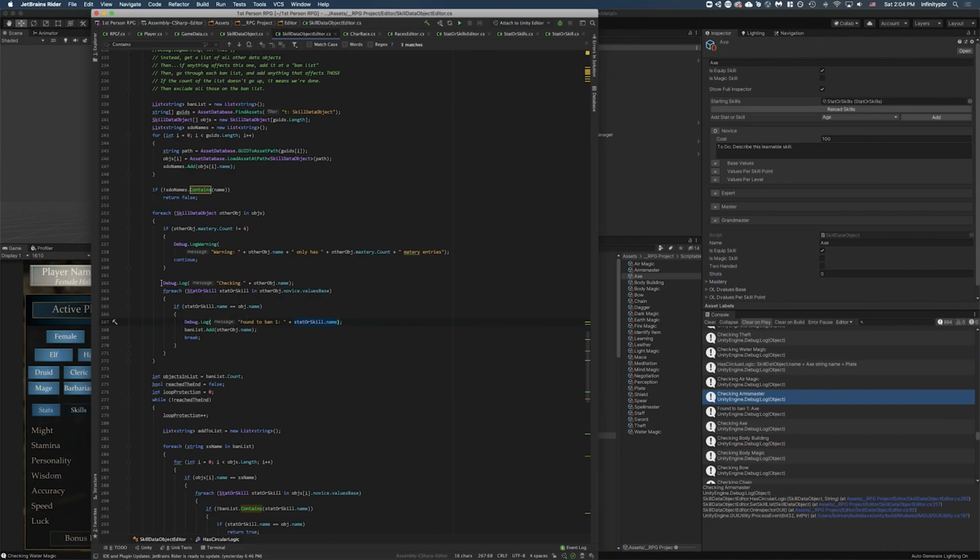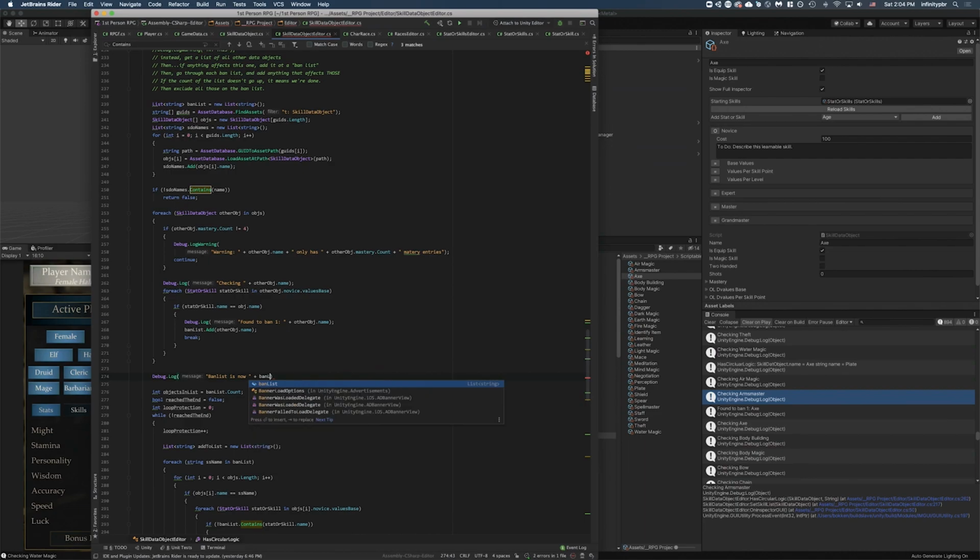For each, so we're checking arms master, other object.name. Found other object.name. So that's what we're banning. We're not banning axe, we're banning arms master. And add that to the list. Okay, I'm going to put a debug.log